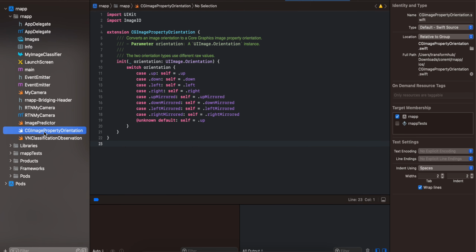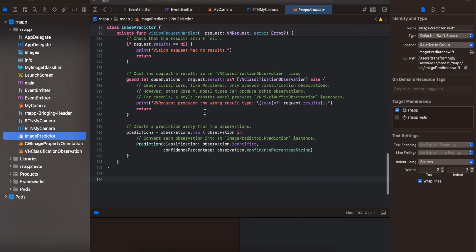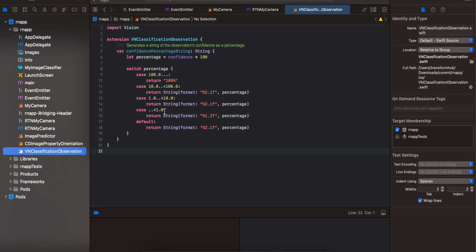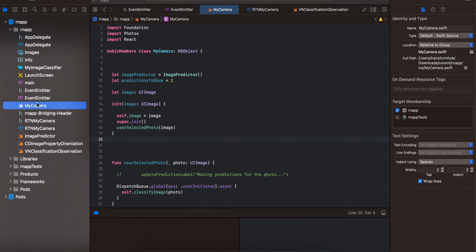Next, I have created another Swift file called CG image property orientation. Again, this has been copied, boilerplate code for working with CoreML or CreateML. I'm not sure if these imports were visible. Okay, next in here, VN classification observation, again this has been copied from documentation, boilerplate code. Next, inside my camera,